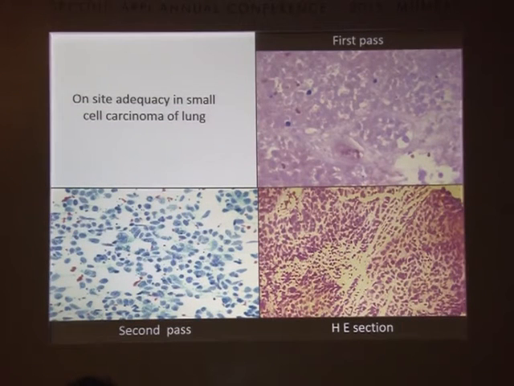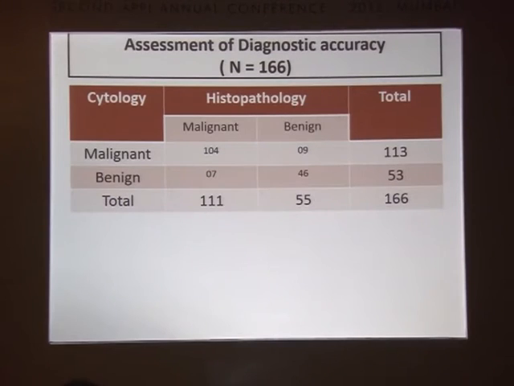Just to show you some of the microphotographs, this was a case of a lung mass. These are the histology sections. It was totally necrotic. It was repeated. Now this is with the second pass. This is the cytology and this is the histology. You see, if you are experienced, you have a CT, you have mediastinal nodes, you have pleural fluid, you can suggest a diagnosis of small cell carcinoma even on cytology. So if the material is good, the technique is good, in a proper background, you can really hit the diagnosis, though the biopsy report is always there to confirm.